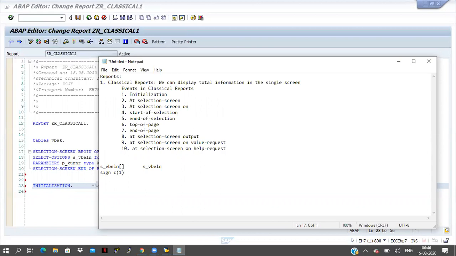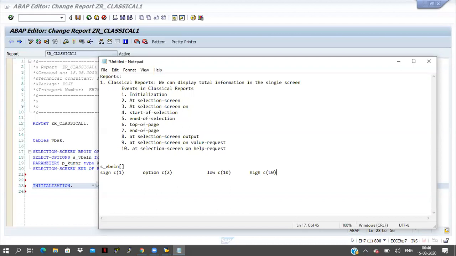And option, character 2, and low will come, low character 10, high character 10.